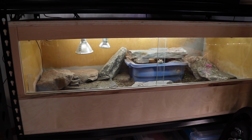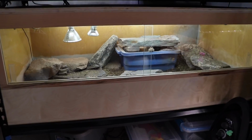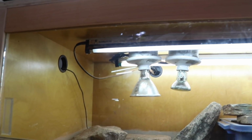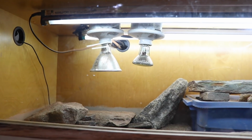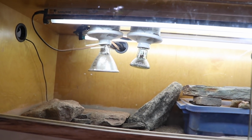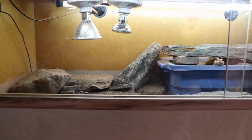This is a 4 foot by 2 foot by 20 inch tall. I have all custom lighting done by myself. So over there, we have a deep heat projector and a halogen basking bulb. I can't remember which one's which, but either the front T5 or the back T5 is UVB, 12% Arcadia UVB,